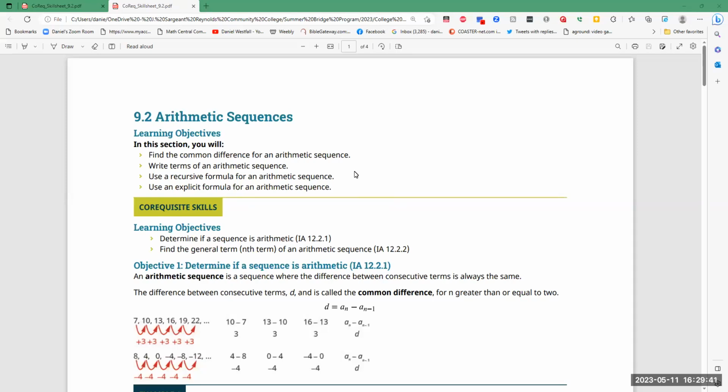Today we're going to talk about arithmetic sequences. We started to mention them last time in our 9.1 video. Today's learning objectives